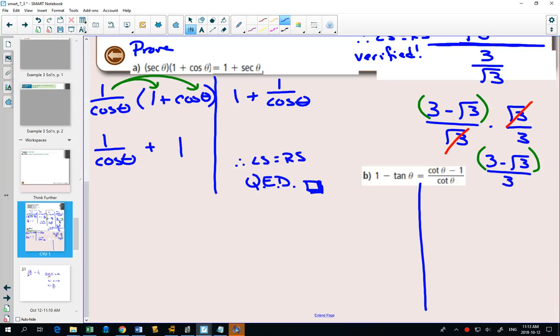Another strategy that comes up is if I look on this side and see that it's in tangent, can I make the other side only in tangent? Because if I can make both sides in the same trig function, it might be really easy to figure out. And yes, in this case, I'm going to keep my left side to be 1 minus tangent, but I'm going to change